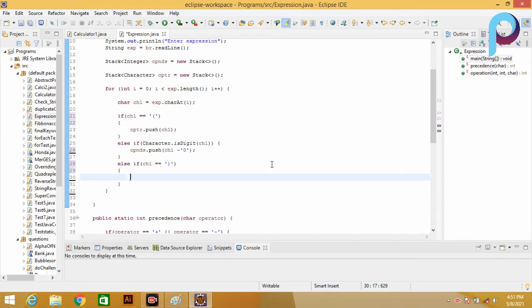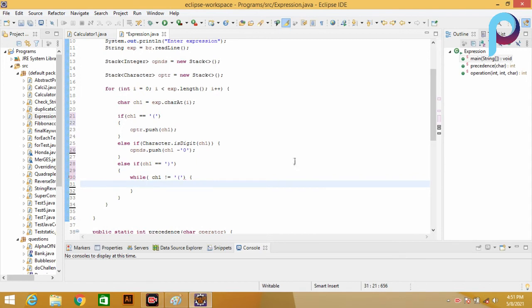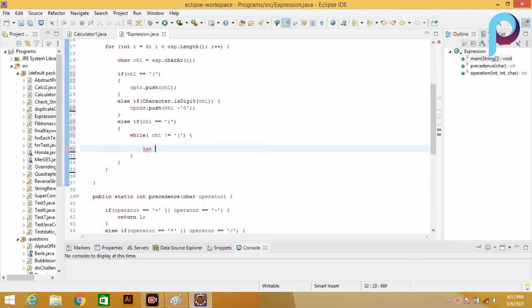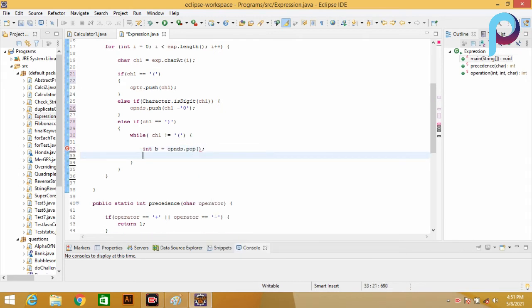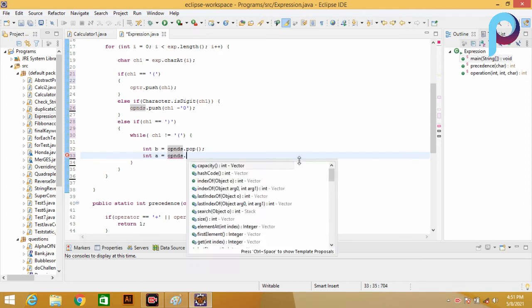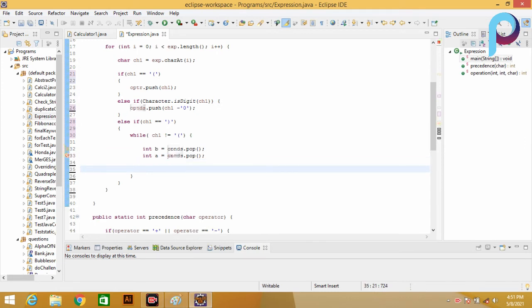So we go through a while loop while ch1 is not equal to opening bracket, then we take out integer b from the operand stack pop, and we take out another integer a equal to operand dot pop, and we have to check the operator from the operator stack.